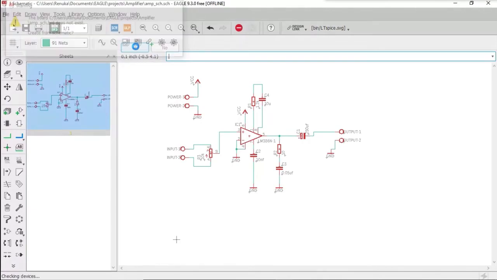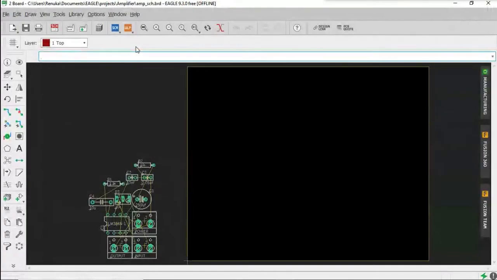Just click OK. Just click on S. A separate window will appear which looks something like this. Okay. Before you proceed, just save this file. Now you can see here these are your components which you have used in your schematic diagram. Okay, the black color board here is the board file, that is the base of your PCB.